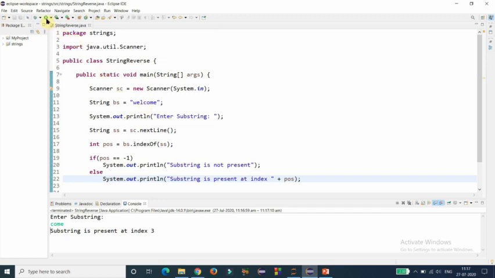So let me run the program again. Now I am entering some substring which is not available there. CAT I am entering. Then the substring is not present statement I got. So in that way we can implement a scanning of substring in Java by using simple indexOf method associated with a string. Now we will look at Python.